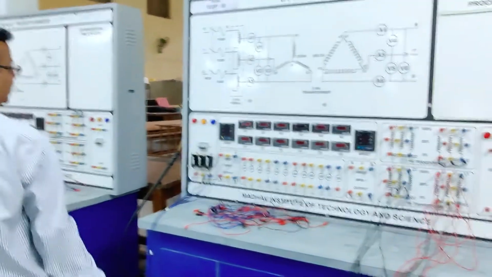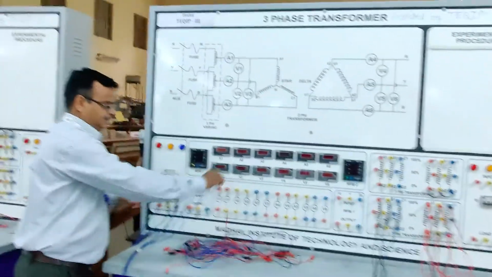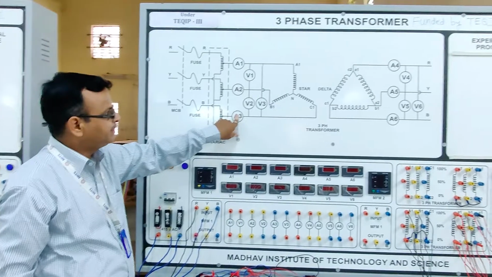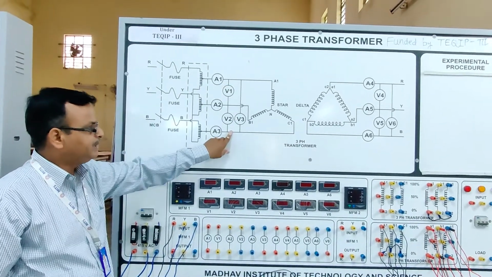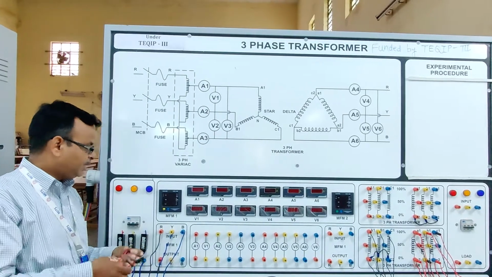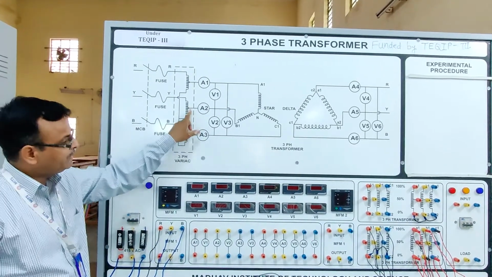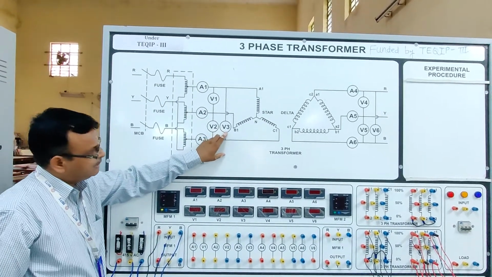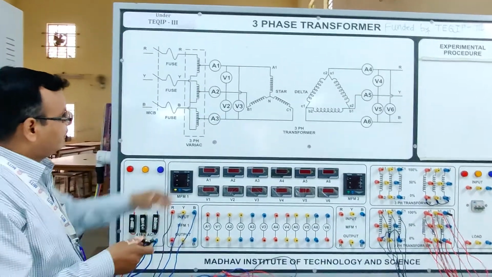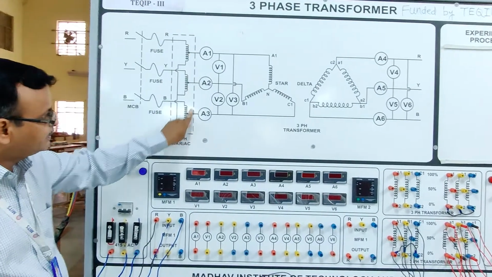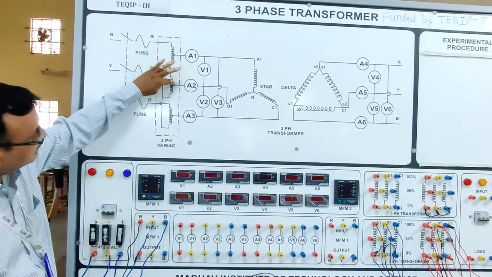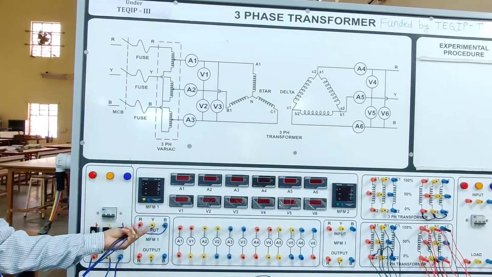Now, how to connect the circuit? These 3 ammeters, A1, A2, A3, are connected in series. Since there is no multifunction meter connected here, we use only a single multifunction meter. First, we are going to make the circuit connections on the primary side. On this primary side, we connect a multifunction meter here in this position. The output of this auto transformer is connected to the input terminals of this multifunction meter.